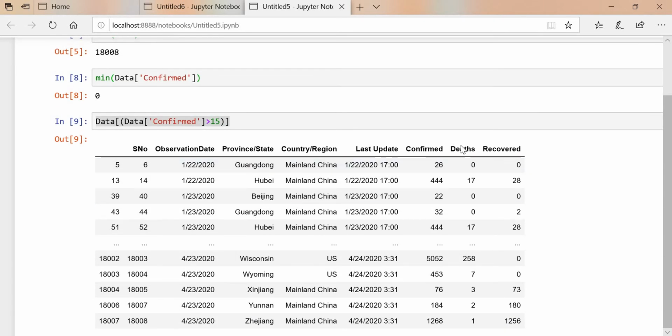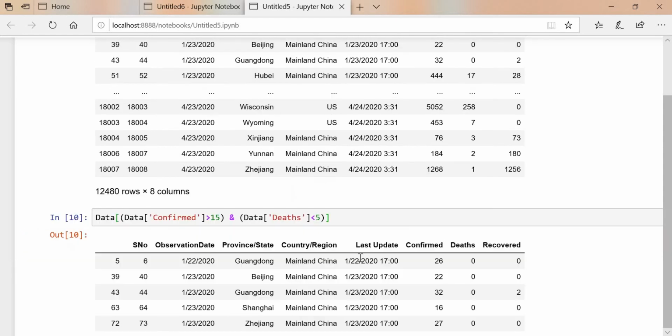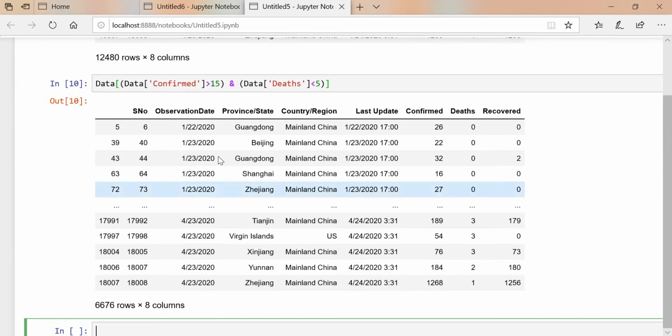I'll copy this column name, paste it over here, then pass the condition that it is less than 5. Then I'll close this. Once you execute this, see what is going on.